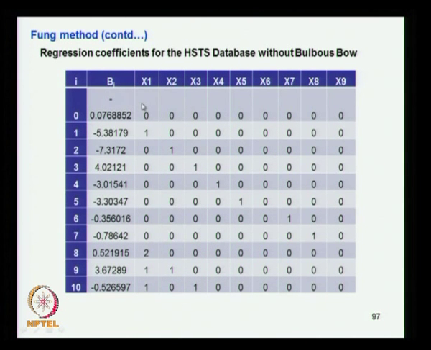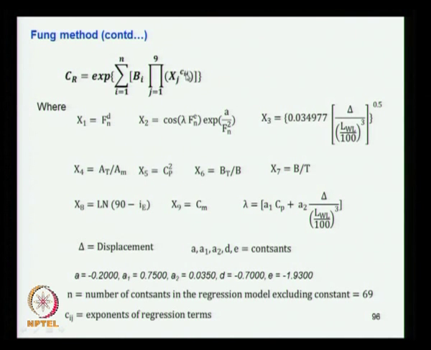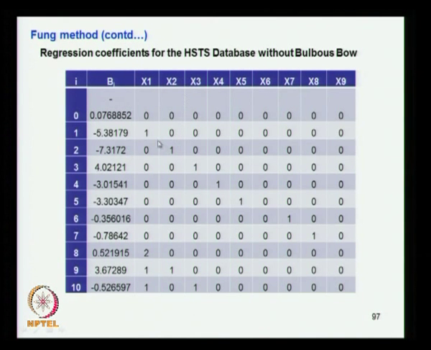So here this is b, you can see I is the total number of terms, we have seen 69. So this column will go up to 69, this column is up to 10, and maybe on the next slide it further goes to 69. So for a particular I, what is the value of the x? So the power of that is given here, that is, you have seen that it is x to the power Cij. So the power given for the corresponding x is given here.